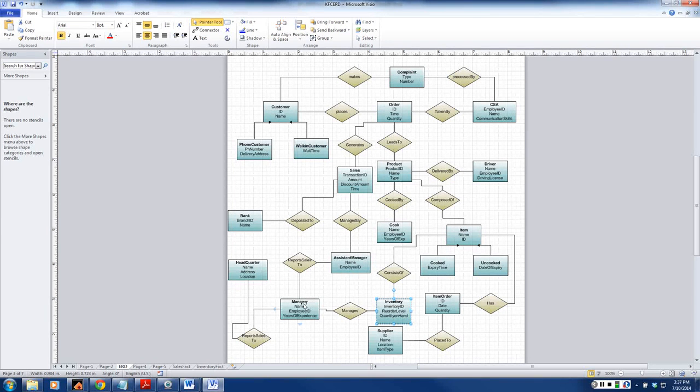assistant manager. By the way, if you recall, I mentioned earlier that there is an alternate way of developing this, and that would be to create a generic entity called employee, and we will have employee ID and employee number, and then each subtype will have, let's say, manager, assistant manager,